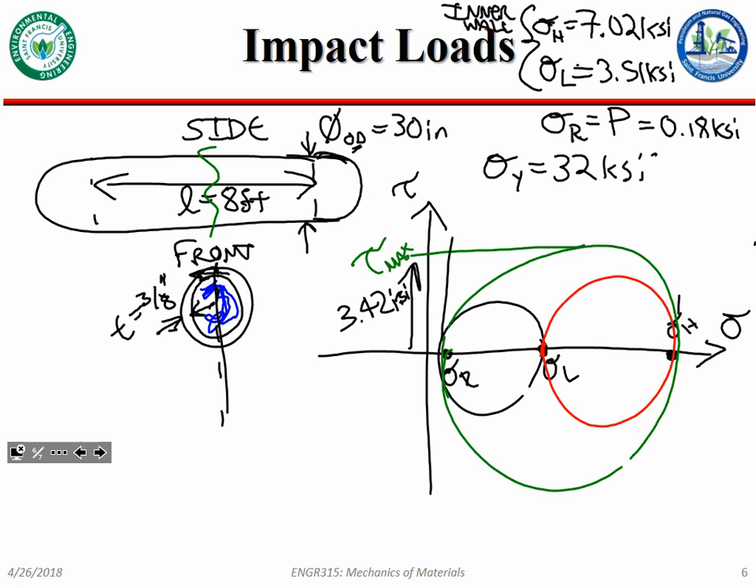So the definition of factor of safety is what? Sigma, whatever limit that you're using, over whatever your actual amount is, or your allowable amount, however you want to play this game. So you have 32 divided by 3.42 equals your factor of safety. Okay. Now, if this is on the outside,